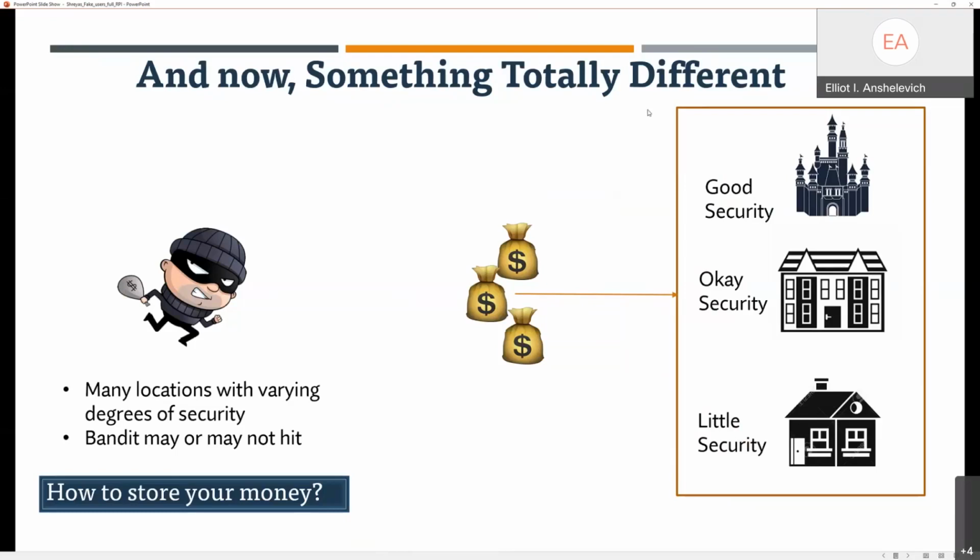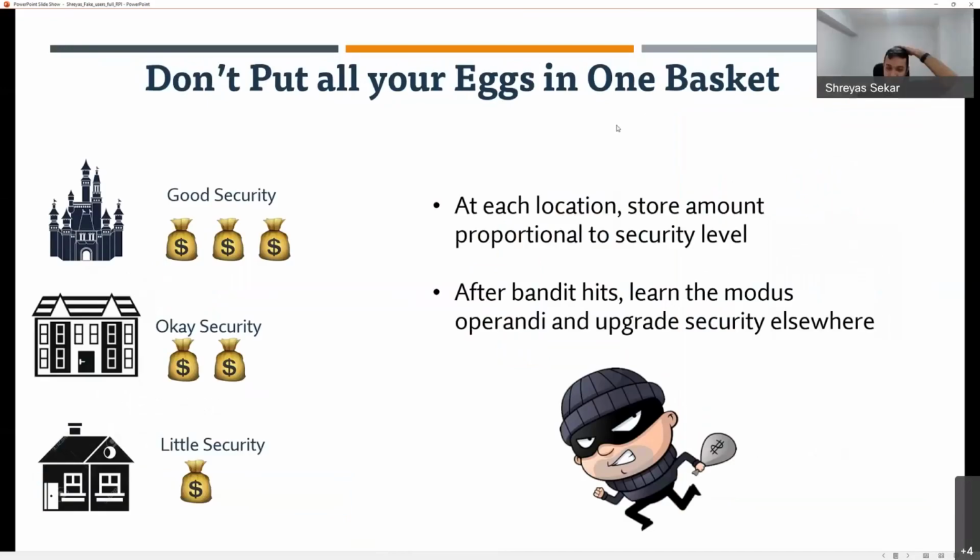So I think Viram got it in chat. The simple idea that hopefully some of you take a first stab at is, you want to store this proportional to the security level, right? I agree with Elliot that you have to really know how things work to come up with something more sophisticated. But I think the first idea that you would hopefully come up with is, hey, I don't want to put all my eggs in one basket, but I also want to make use of this security information. So I think Larson's got it as well.